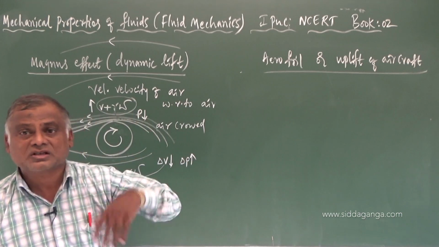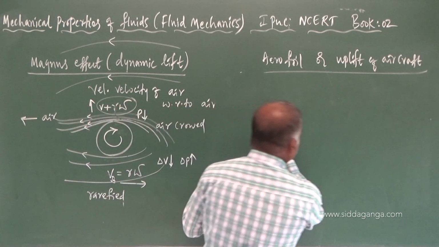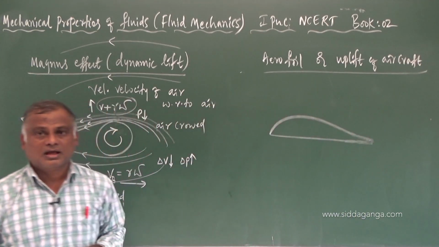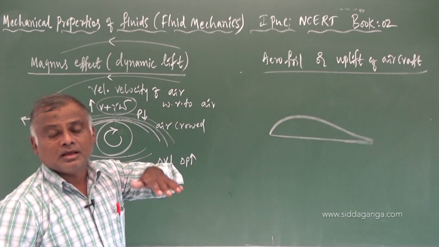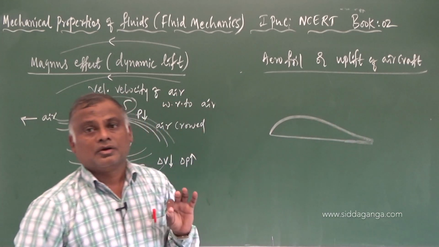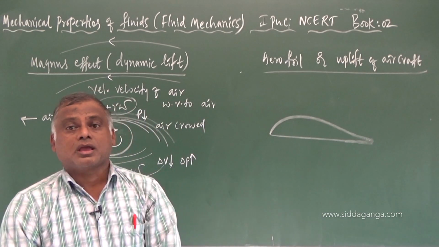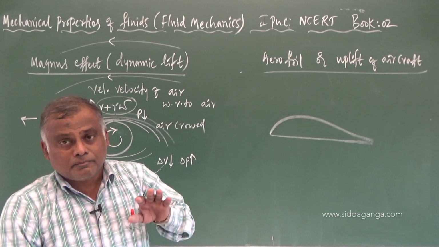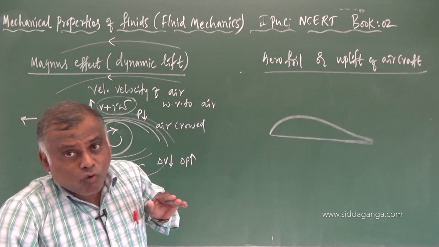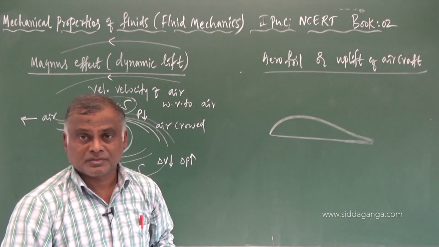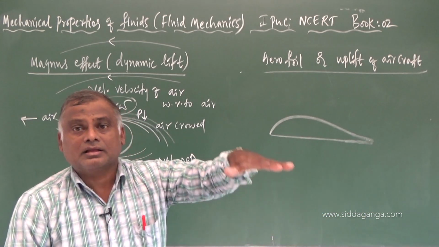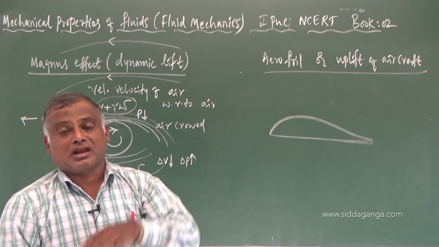If you observe the wings of an aeroplane, they are in this fashion. The upper surface of the wings of an aeroplane is of this shape. We call that a streamlined body. Before takeoff, the aircraft or aeroplane moves with some speed, a greater speed. After achieving a certain speed, there is an uplift of the aeroplane.